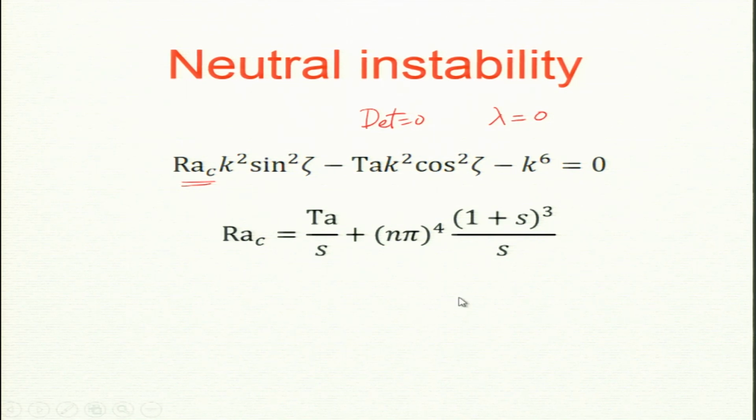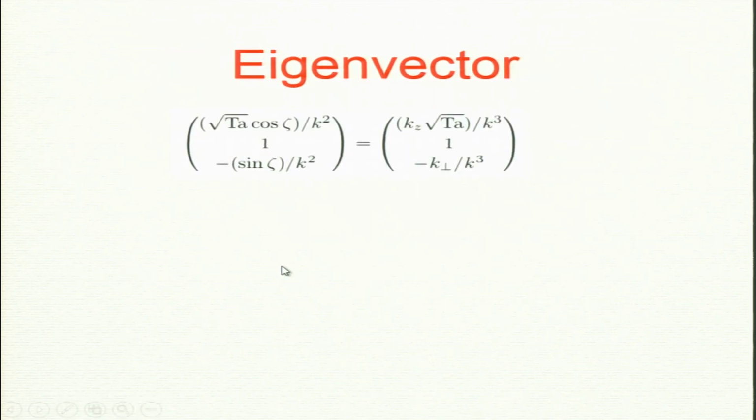Now, S is the non-dimensional number k per n pi squared. So, given k per n and Taylor number, I can get Rayleigh critical. So, it depends. Rayleigh critical, for a given n, is not some 27 pi 4 by 4; it depends on Taylor number. And if you want to find for what k per n the Rayleigh critical will be minimum, we need to analyze this further. I am going to leave that as homework.